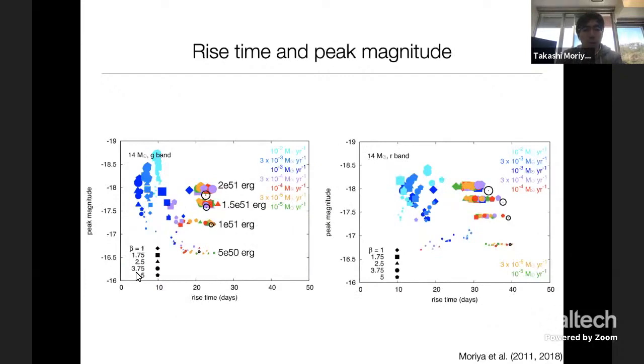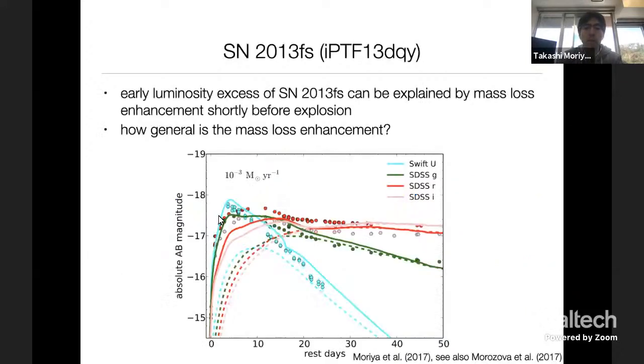And this is the effect in the G band and R band, and this is the optical rise time and the optical peak magnitude. This open circle basically shows the model without circumstellar matter, and here I show many combinations of parameters, dependence on the mass loss rate and the wind structure and the explosion energy. Smaller symbols have smaller explosion energy, but in any case, you can see as the density gets higher, the rise time gets shorter,